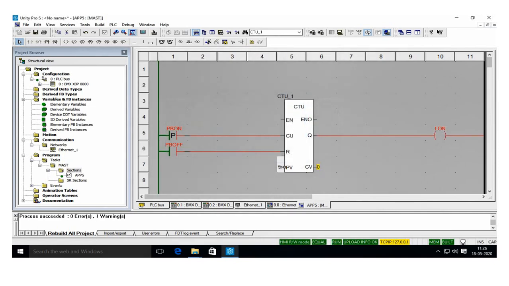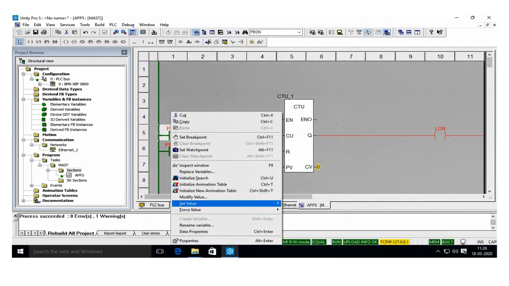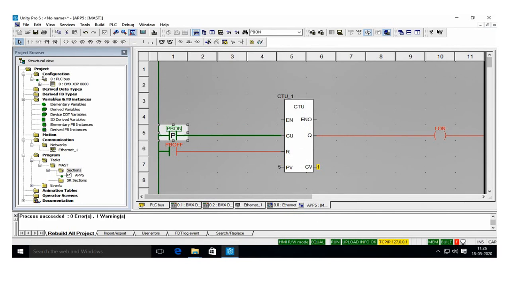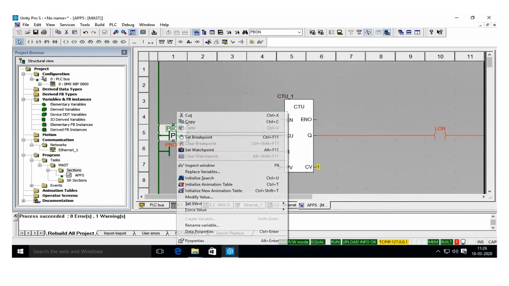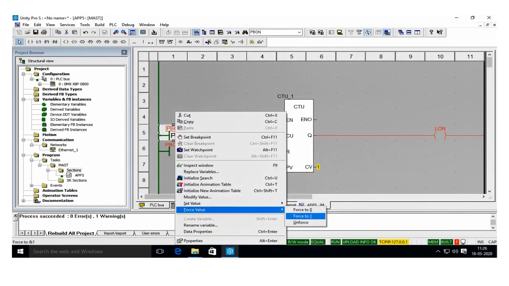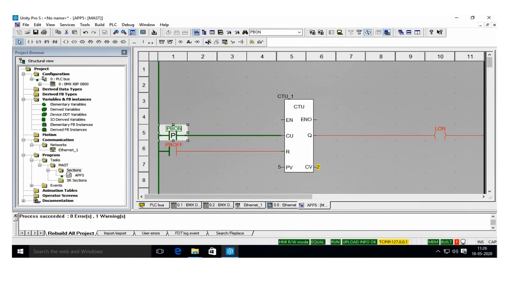I will give okay. Now this is the current pulse we have to give. Here the current value is 0. So now I go to pulses, force value, I am giving 1. So the pulse is set to 1. Our program should count after the 5 pulses. So first is 1. Next, I want to make it 0 and once again I have to give 1, because it is continuous pulses. Once again I will go to force bit. So now it has counted 2.